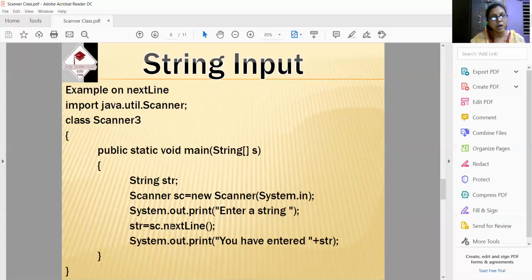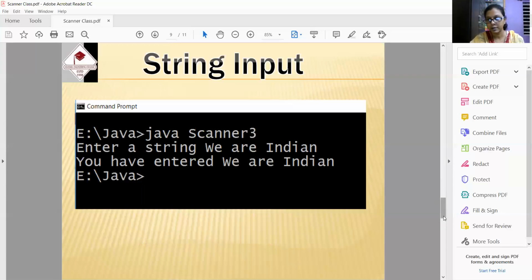One will be used to call nextLine, and then the string will be taken as input into str. For the other, suppose I have created Scanner p = new Scanner(System.in). Then p will be used for nextInt. sc cannot be used for both string and integer. You can also study this at home. You can write this kind of code, and when you execute it, you will understand that it will not come to the next line to take the other user input, the integer input. So this is the method.